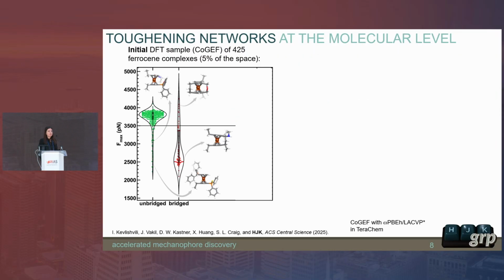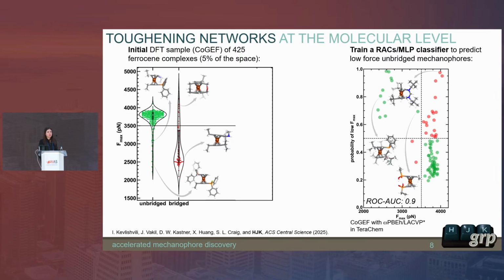So what we did instead was we took an initial sample of the space of candidate ferrocene complexes, about 5% of the space, and we then trained a machine learning model to predict the difference between what we call high force compounds and low force compounds. We used this cutoff here of 3,500 piconewtons and said, okay, for the most part, we're just recapitulating what experimentalists had observed, which is that in order to get low force breaking, we need to have this bridge, but this bridge is incompatible with the polymer networks we're trying to design. So what we're really looking to enhance is this green tail. We used this trained machine learning model to then rescreen the remaining 11,800 compounds we hadn't studied.